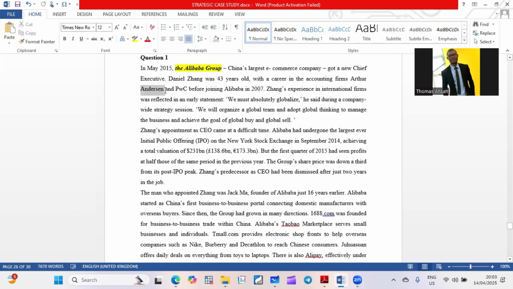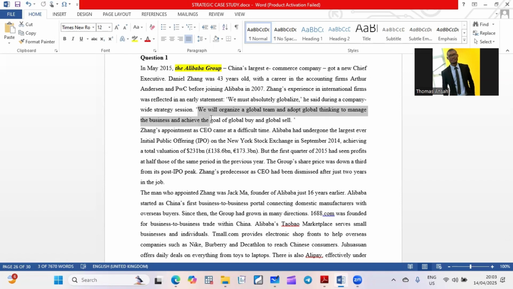Those of you who know Arthur Andersen, the audit issue. Zhang's experience in international firms was reflected in an early statement. We must absolutely globalize. That should tell you something. He said this during a company-wide strategic session, or strategy session. We will organize a global team and adopt a global thinking to manage the business and achieve the goal of